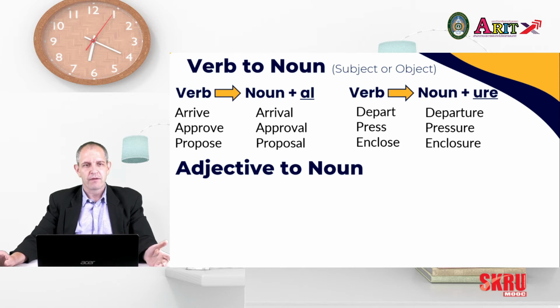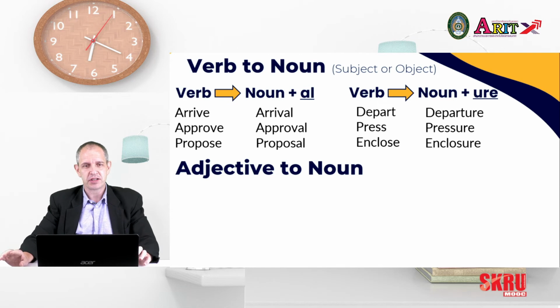Now, for the rules for verb to noun, unfortunately, there's no set rule of knowing what suffix to use with each word. It is on a word-to-word basis. So you really have to study the words in the different forms in order to master it. The more you read, the more you speak, the more natural it becomes to understand what the right form is. And unfortunately, it just takes time and focus in order to master how to change each word.